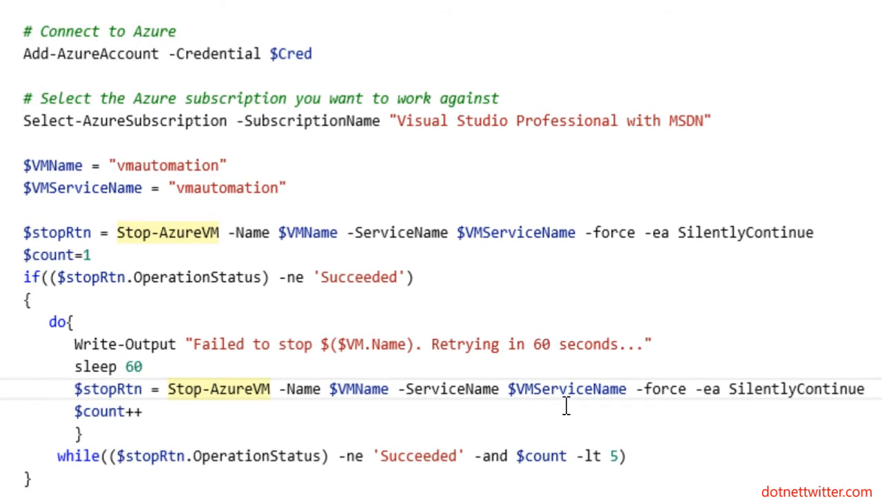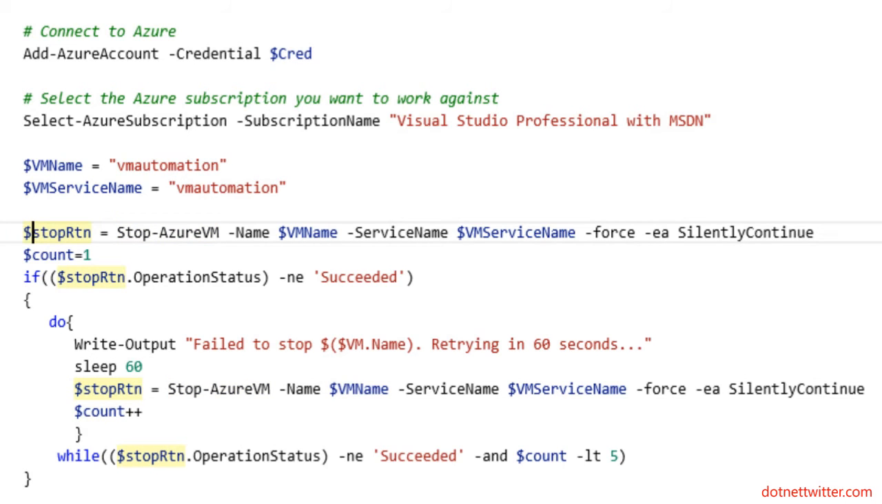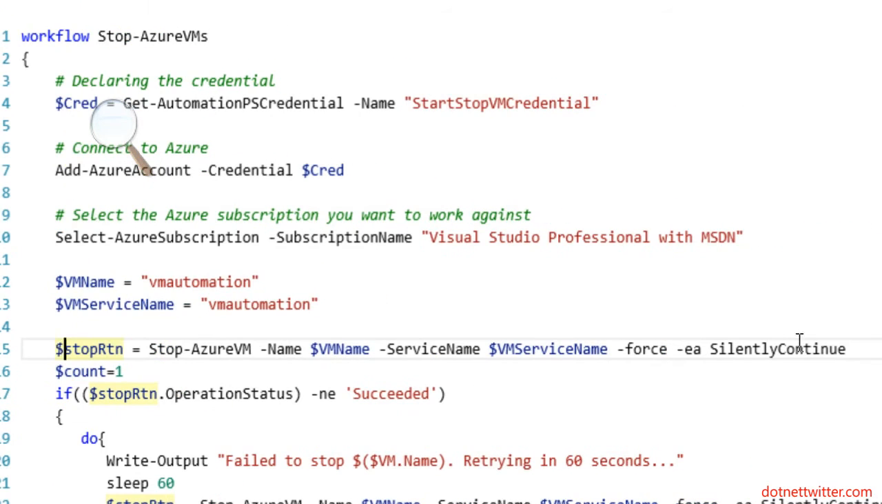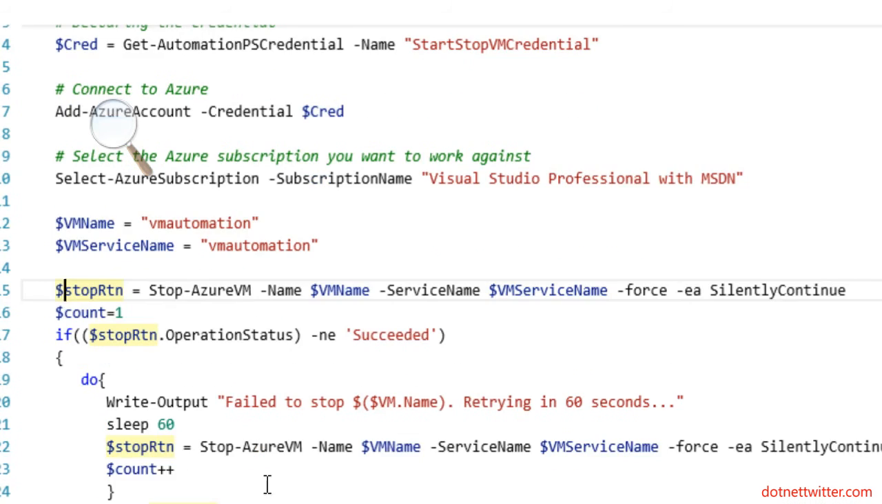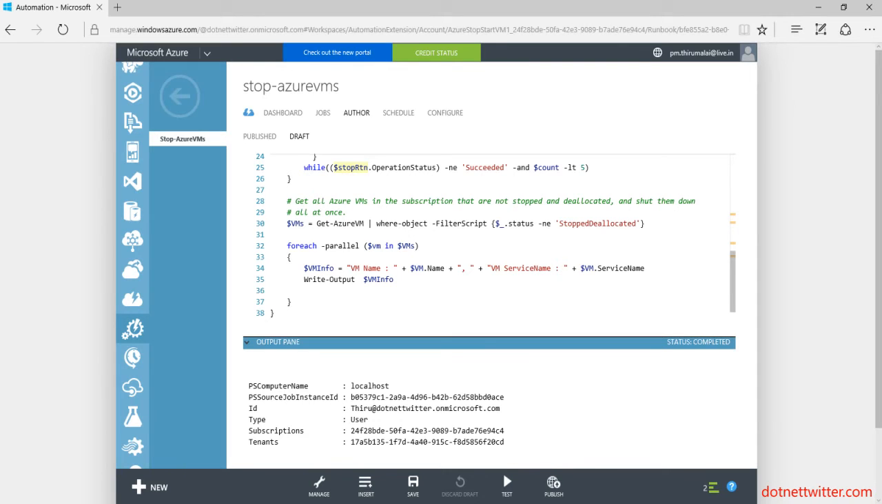What I'm doing here is selecting the VM name and service name, and I'm using the command called Stop-AzureVM and passing the parameters as VM name, service name, and silent continue. And here, if the operation is not succeeded, I come to the do while loop running for 5 times and stopping the VM again. Now I don't need to print those statements, so I'm commenting all of those out. Now I will save this